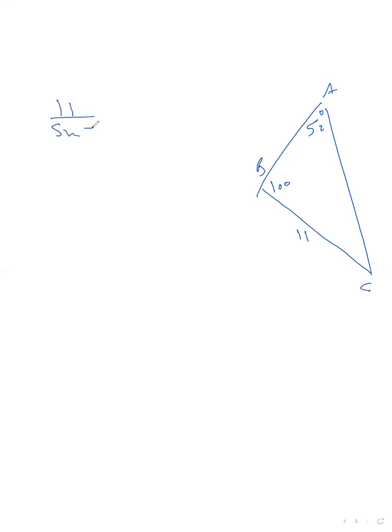About the trigonometry, if you have a triangle and this angle is 52 degrees and this angle is 100 and this side is 11, and you need to find the area of the triangle. For example, if this is ABC, you have two angles and one side, then use the sine rule, which is 11 over sine 52 equals AC over sine 100, and find AC: 11 sine 100 over sine 52. Okay,